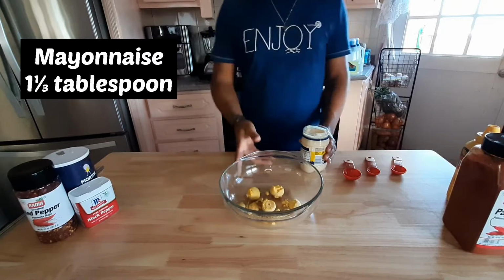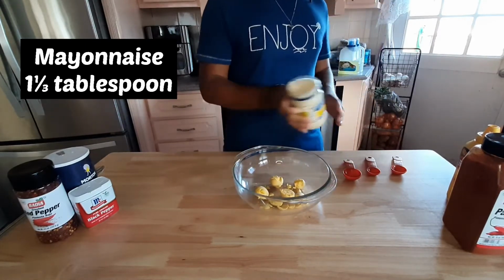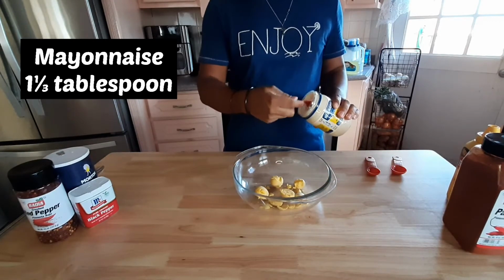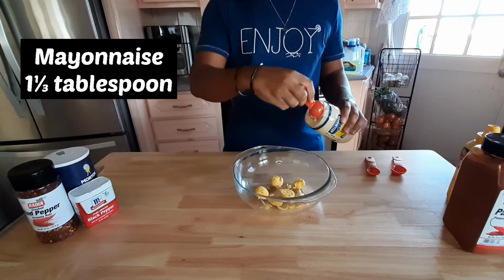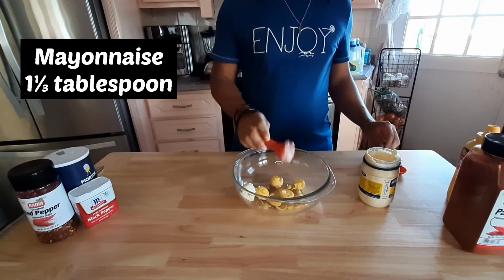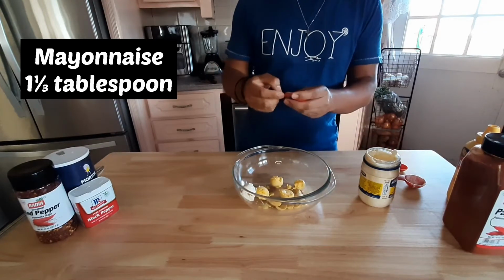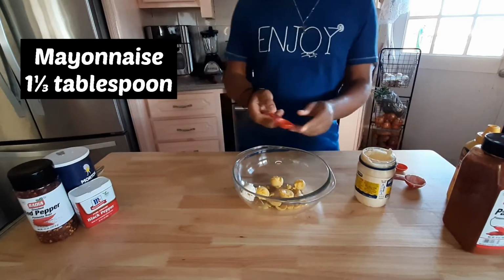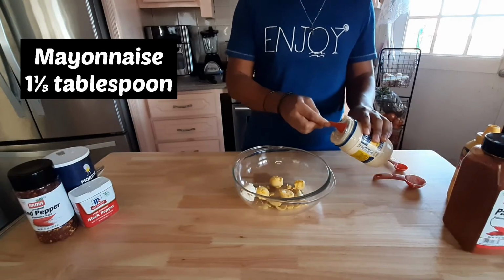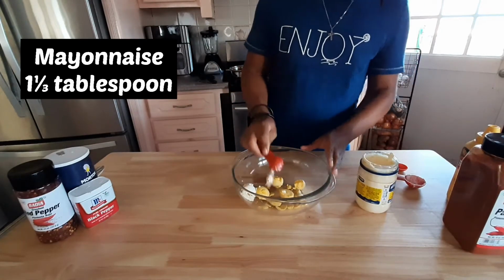Okay guys, so now what I'm going to do is I have the egg yolk. So right now I'm going to make the filling. What I need is mayonnaise, 1 tablespoon of mayonnaise, and also 1/3 of a piece. Now since this is 1 1/2, I'm going to make 1/3. So right here I'm going to make it 1/3 of a piece. So carefully, like that. That's about 1/3. So we're gonna add that in,